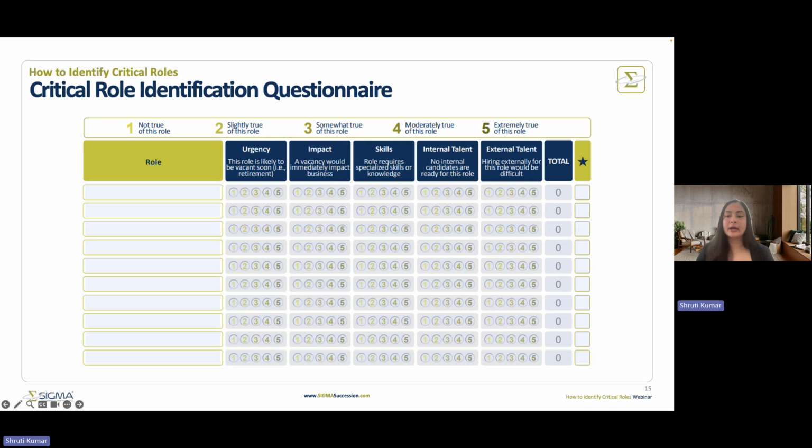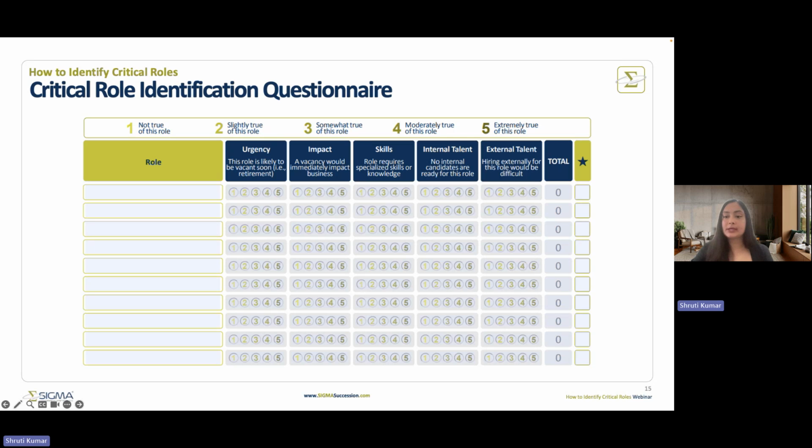So you may find that certain leaders or certain managers are immediately jumping to mind. But as we discussed, it's better to be exhaustive at this step in order to avoid any blind spots or mistakes. And so you can also include roles that you might be less familiar with. Now, this evaluation process will help you to learn more about the role and then narrow the roles down to the truly most critical.